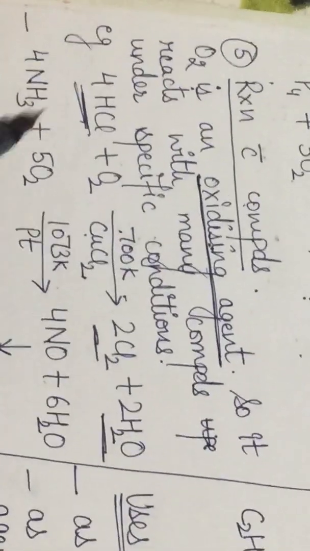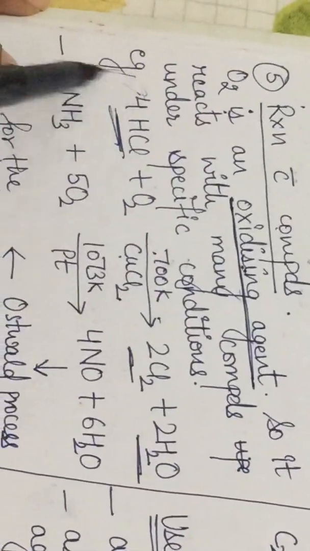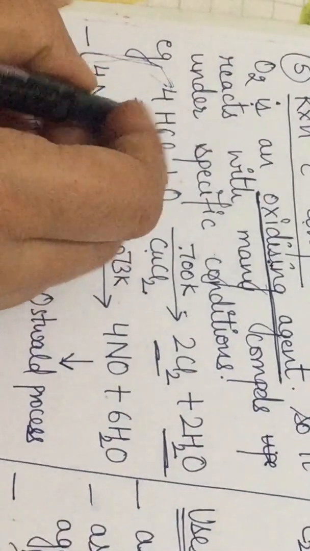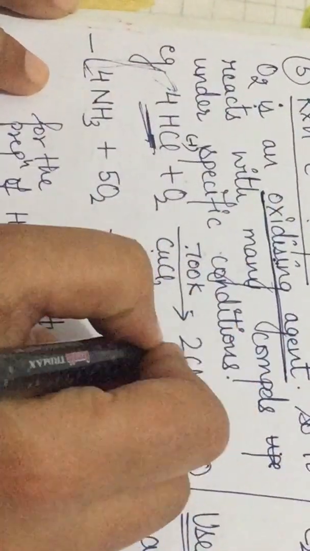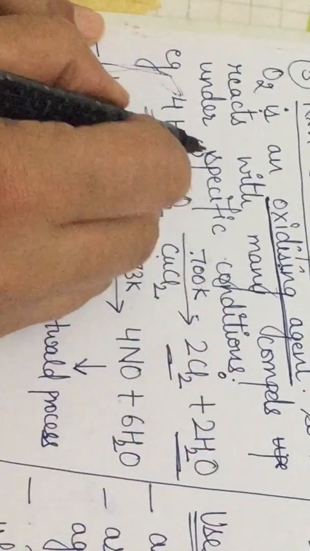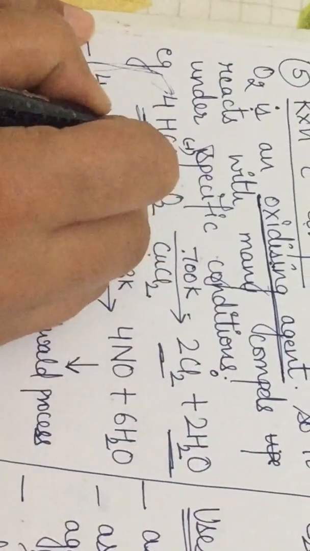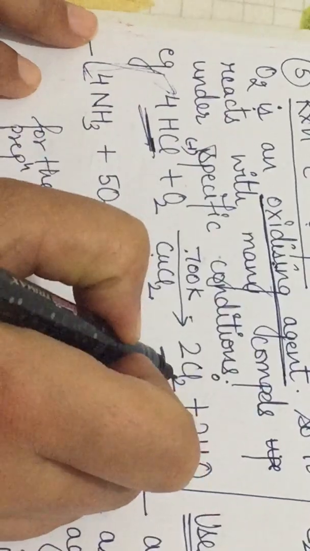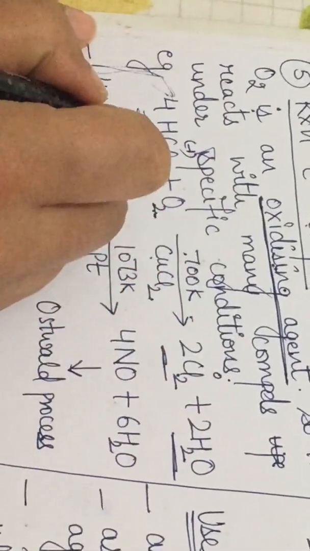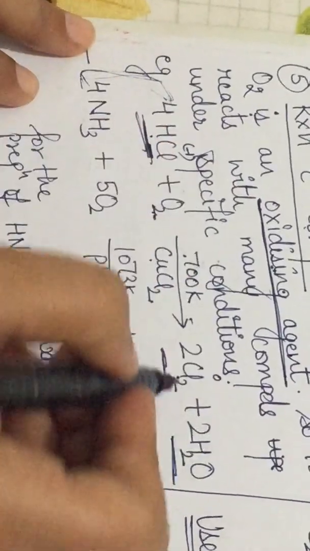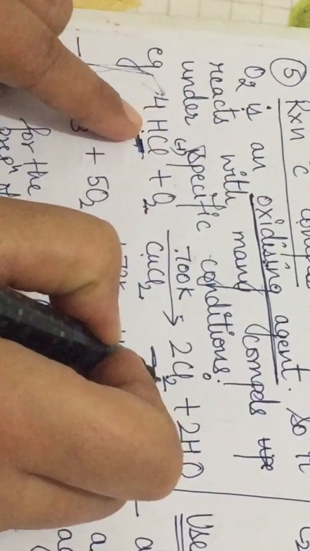How do we know? We have already done this in redox reactions. Here the oxidation state of chlorine is -1, and here the oxidation state of chlorine is 0. The oxidation number increases, meaning chlorine undergoes oxidation. So oxygen acts as an oxidizing agent as it helps in the oxidation of chlorine from -1 oxidation state